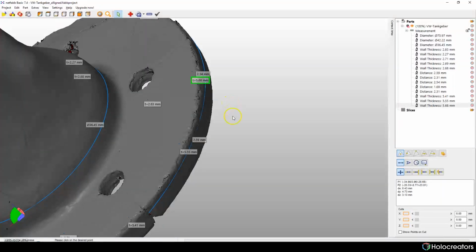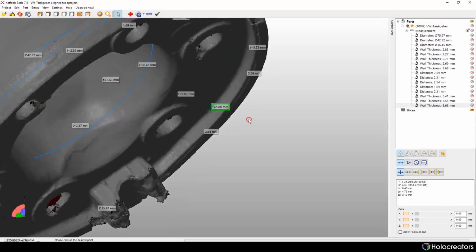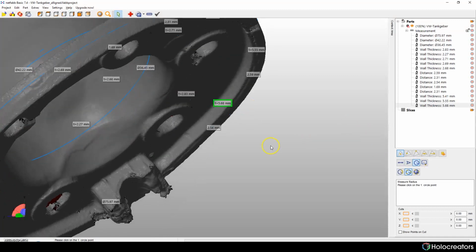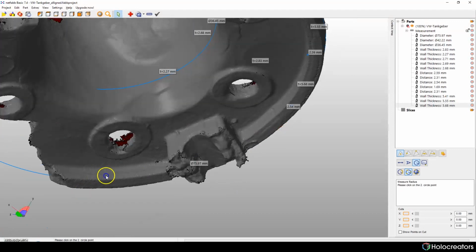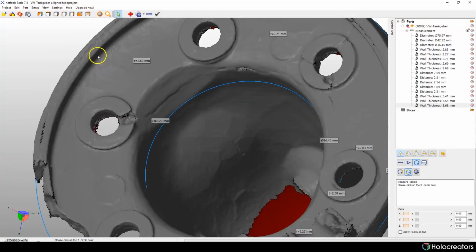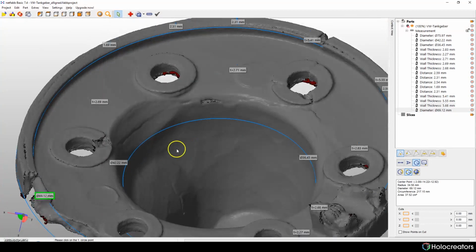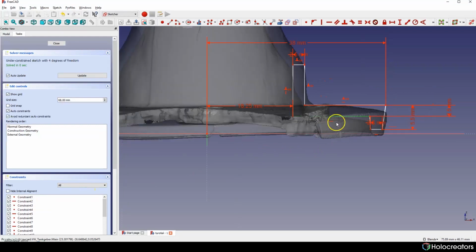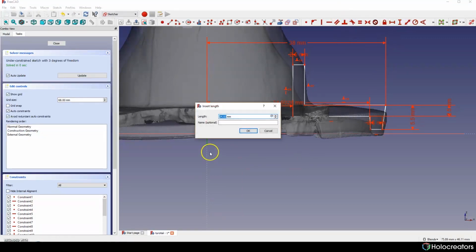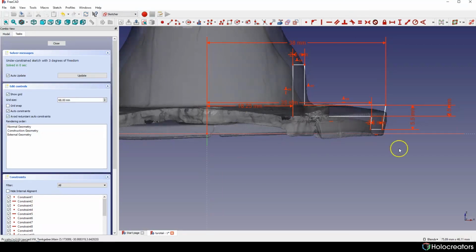To do this, we can do a circle measurement from this side. It's gonna be 70 millimeters. So from this point to the center gonna be 70 divided by 2.